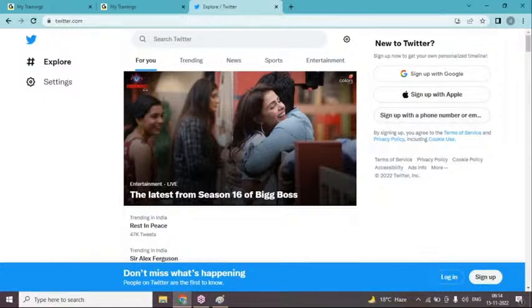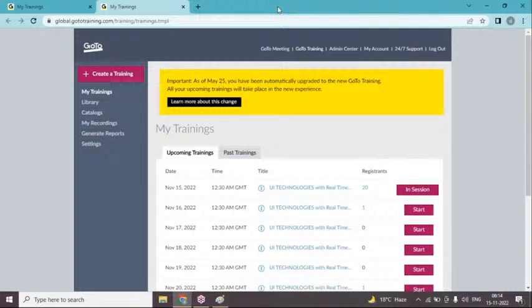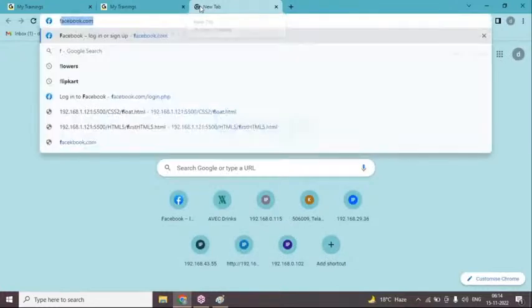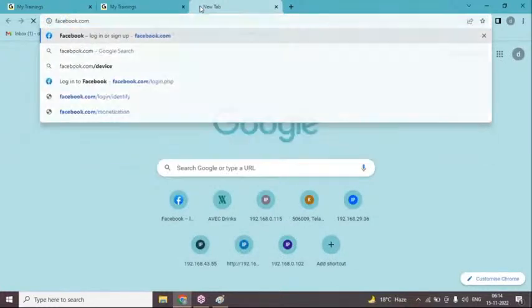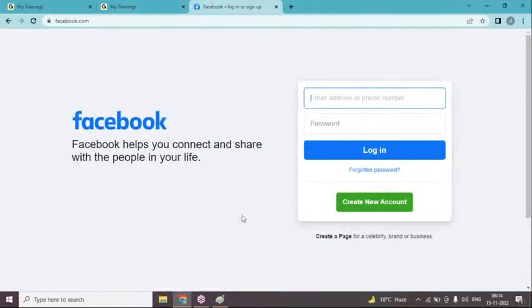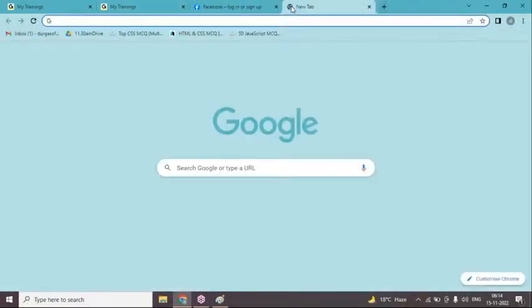Whatever you are seeing here, this Twitter page, it is showing us a social media network website. If I enter facebook.com here, I can see the Facebook user interface. Here, if I enter online